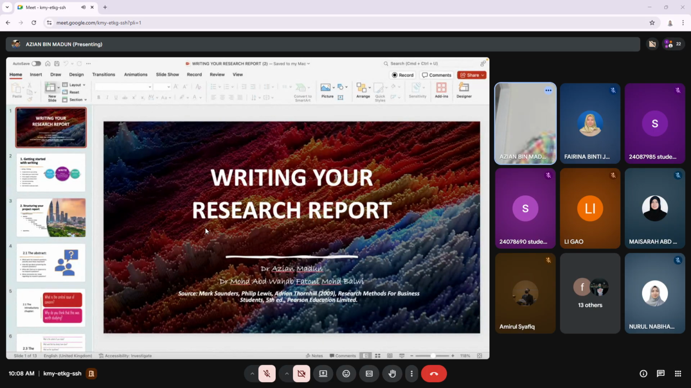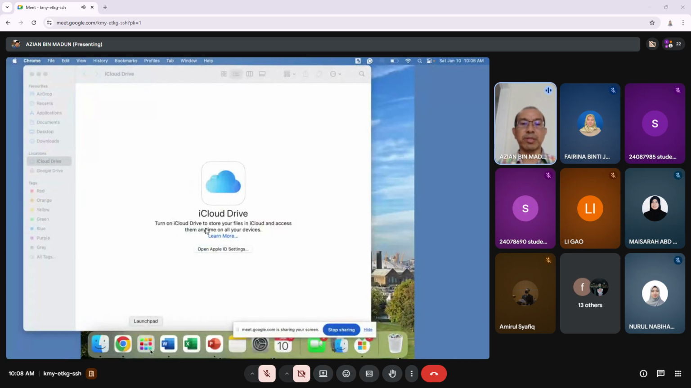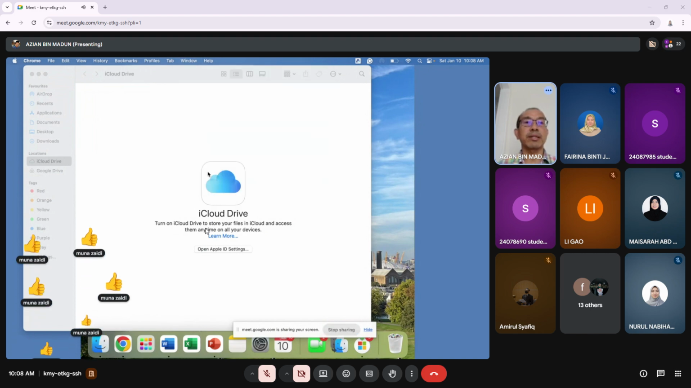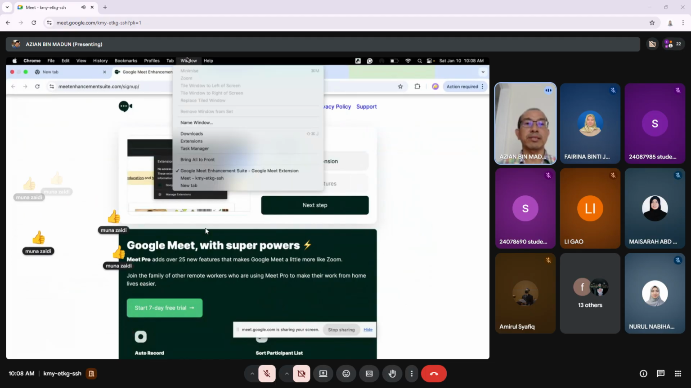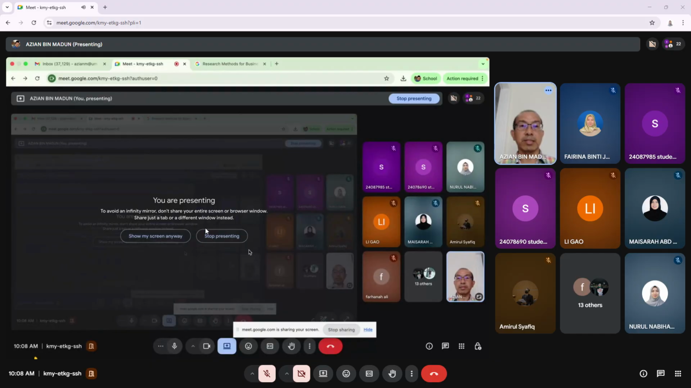Let me see. Okay, I think it's better, right? So, okay, this is my screen. Can you see my screen? Looks okay. Where is my... oh, it disappeared. Okay, this is okay. I hope you can see my screen because there are so many screens now. I don't know which one. Okay, so